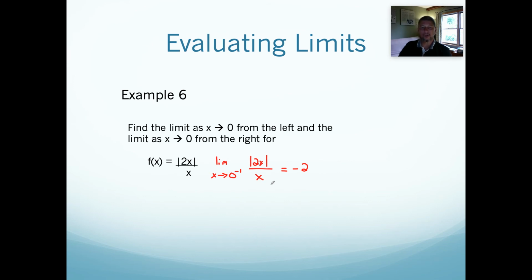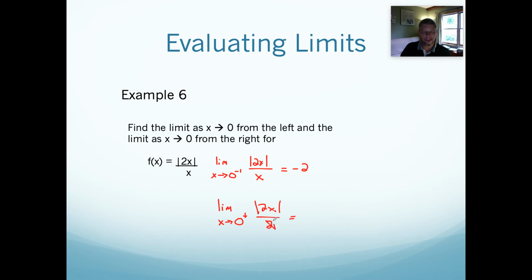All right, and so the limit from the left side is -2. Now, what about the limit from the right side? Well, the limit as x approaches 0 from the right, in this case, of, again, the absolute value of 2x over x. All right, if I start with x equals 3, 2 times 3 is 6, absolute value of 6 is 6,